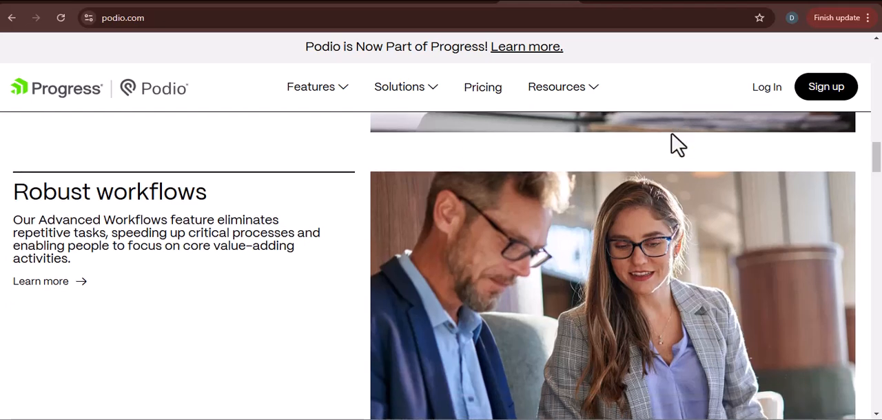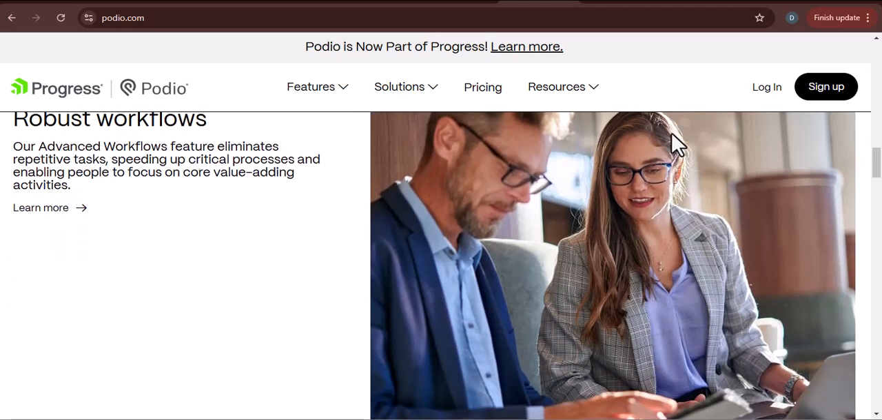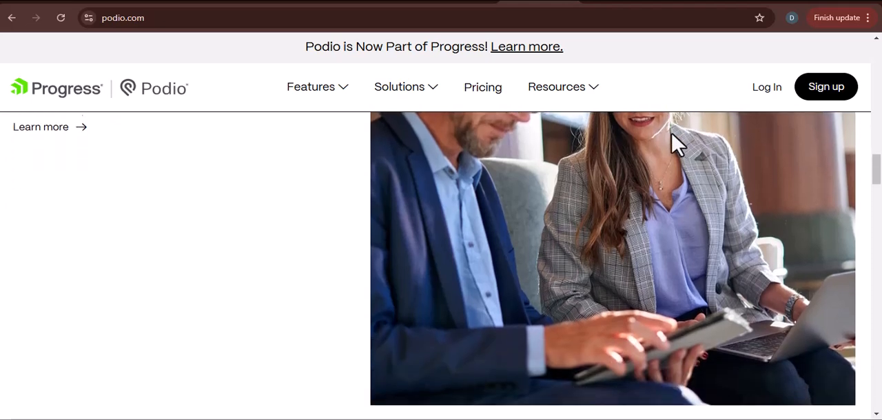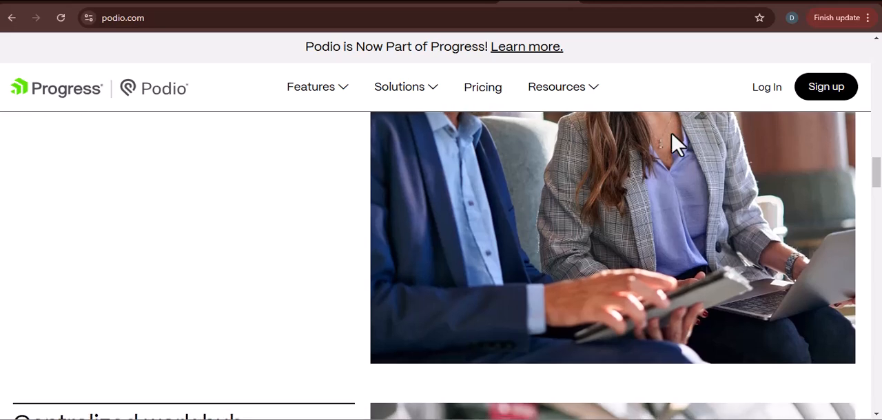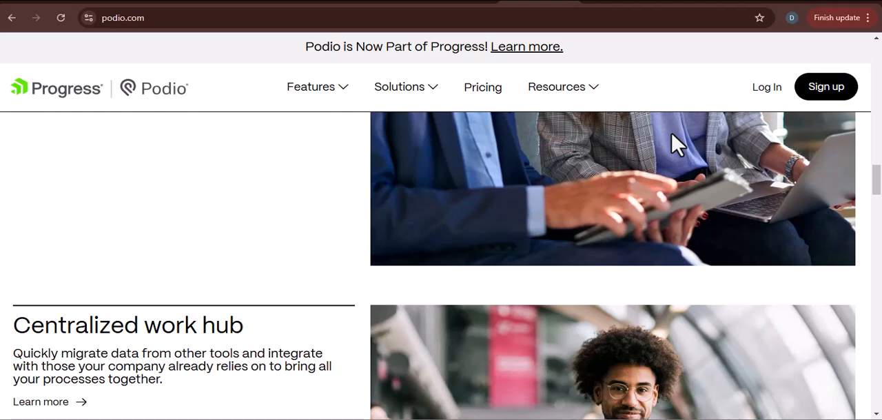Here are a few additional tips for changing the date format in Podio. You can also change the date format for individual fields by using custom variables. You can use the moment.js library to format dates in Podio. You can find more information about changing the date format in Podio on the